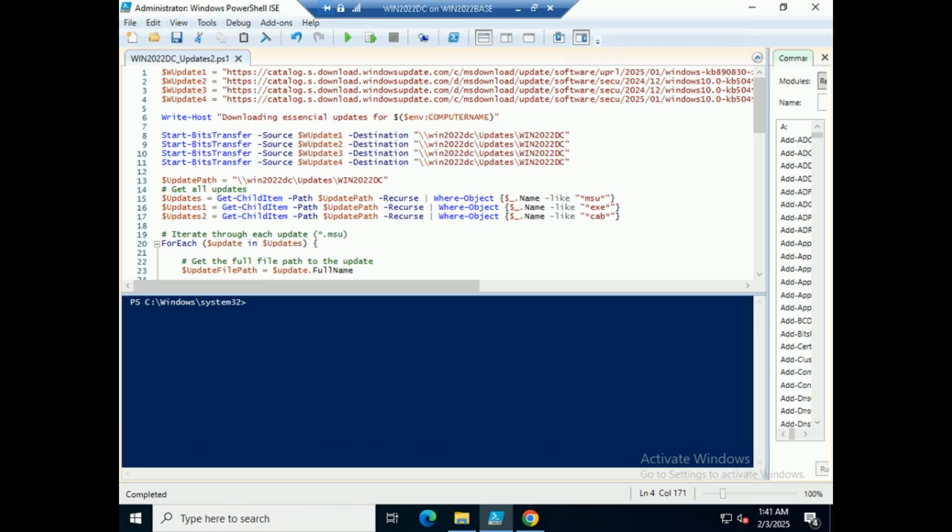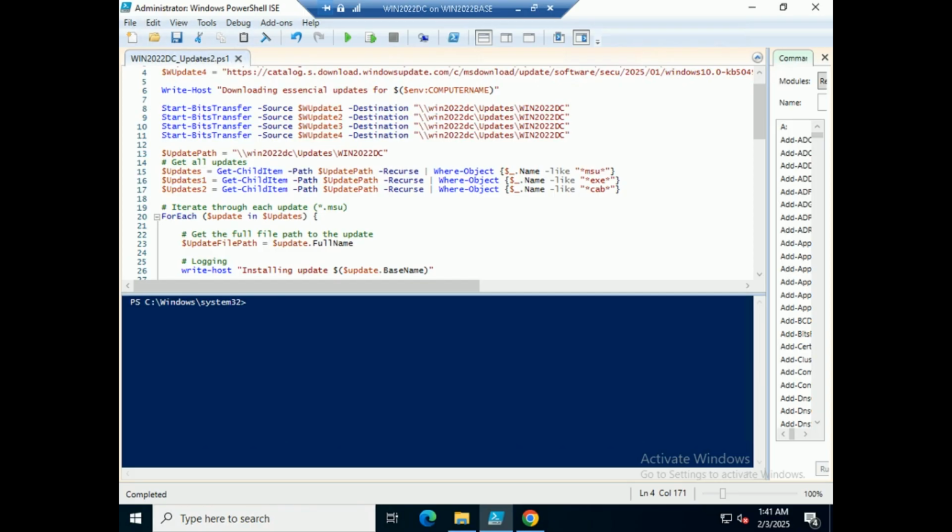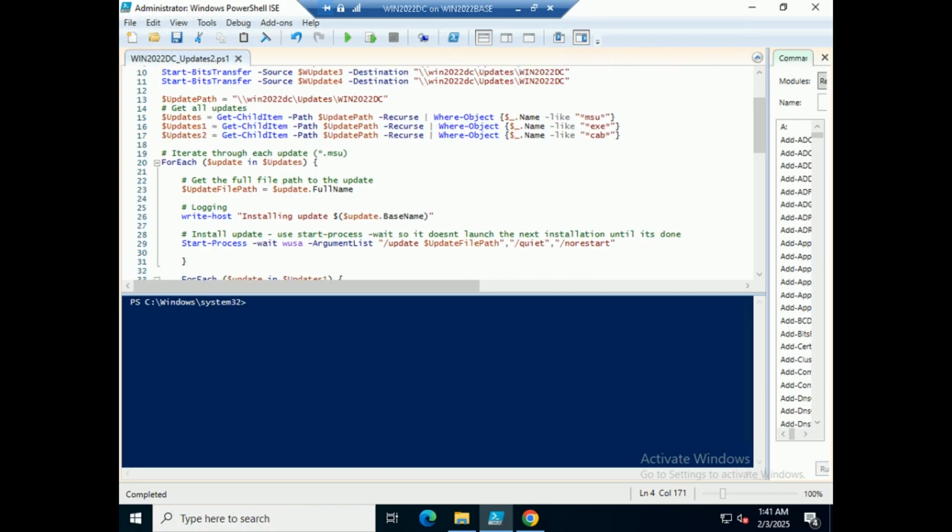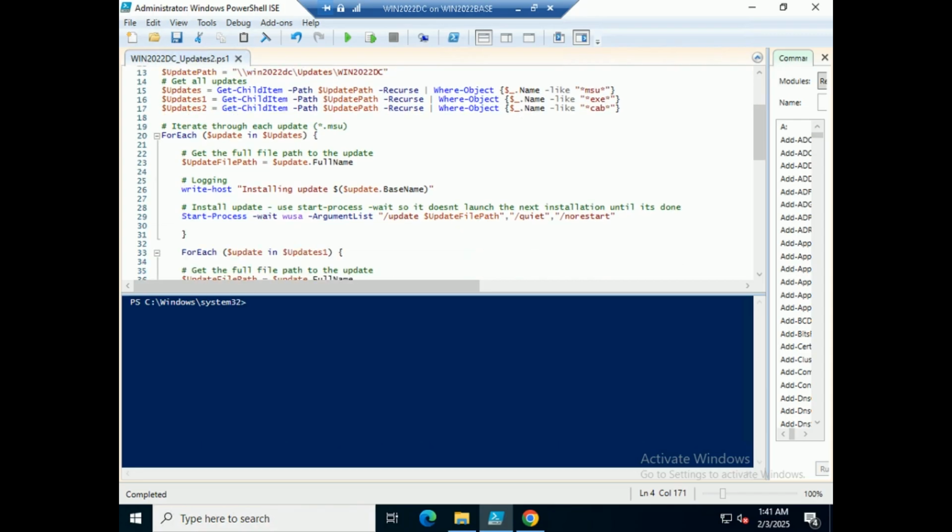It will download all those four updates using the Start-BitsTransfer command, and I have given this criteria, and the destination will be our updates Win 2022 DC folder. Okay, all four. After that, it will get all those updates by their own extensions. The updates can be .msu, .exe or .cab. So anything with these extensions, it will collect in the next part, and then it will install all those updates